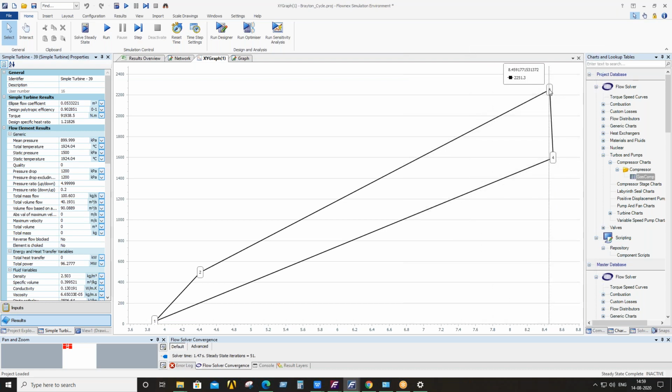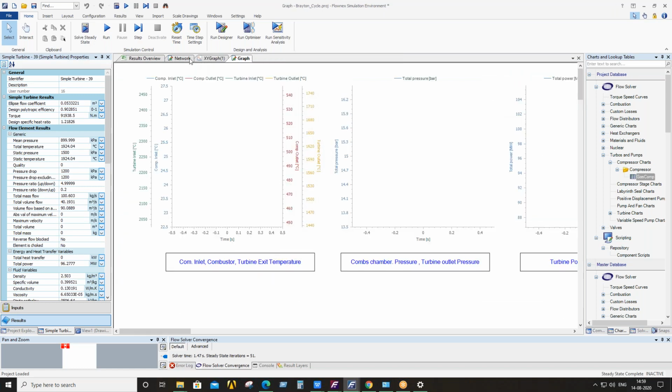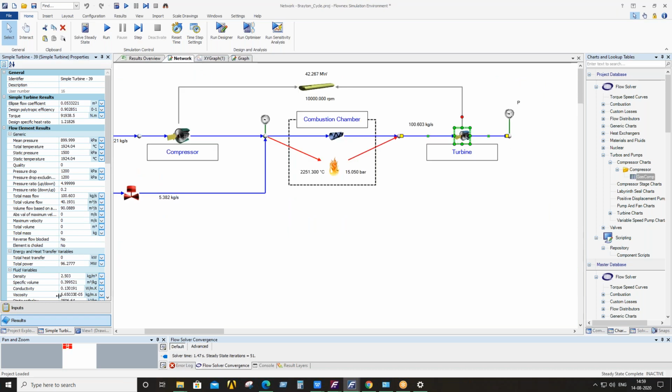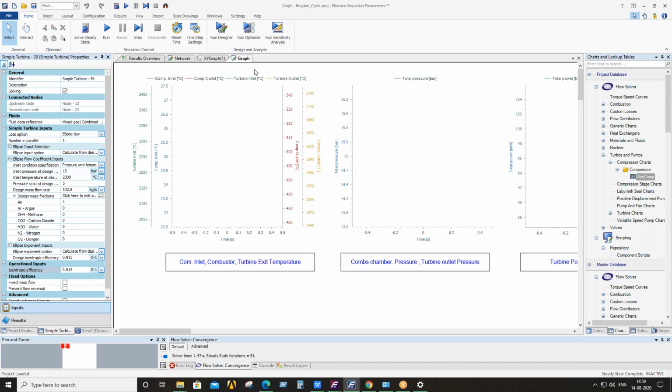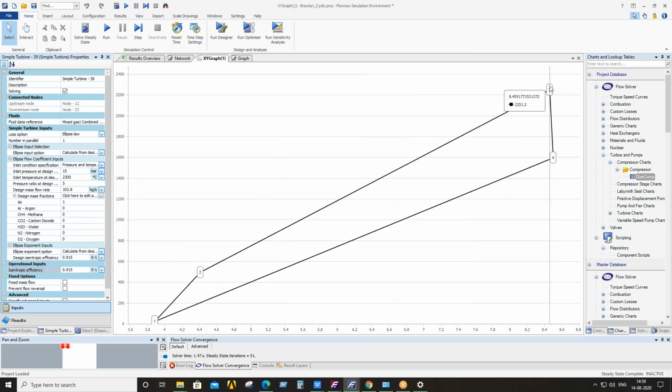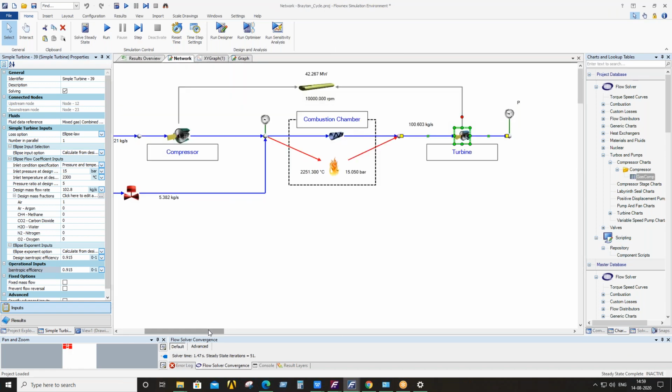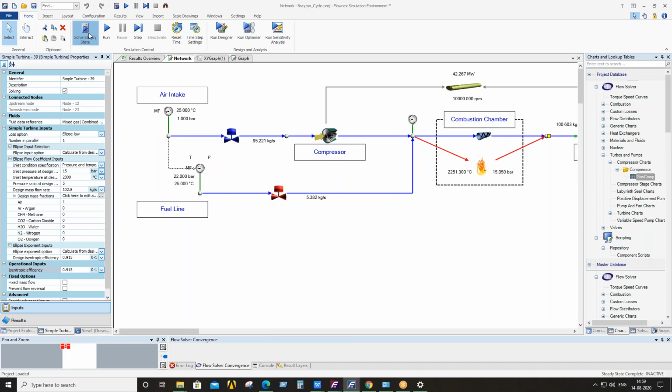Here you can see, if I put a straight line, it also deviates slightly from the straight line, because we give the turbine an isentropic efficiency of 0.915. That's why this line deviates from the isentropic line, and this is the TS diagram for the Brayton cycle. So if I run this cycle, you can see,